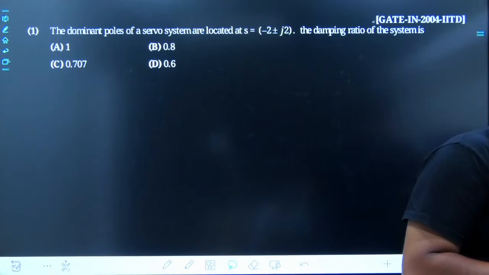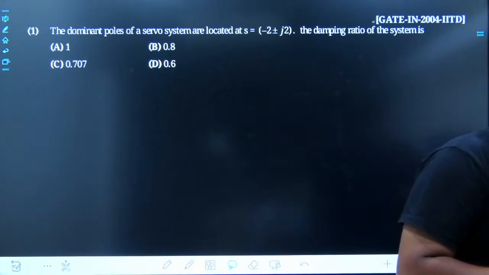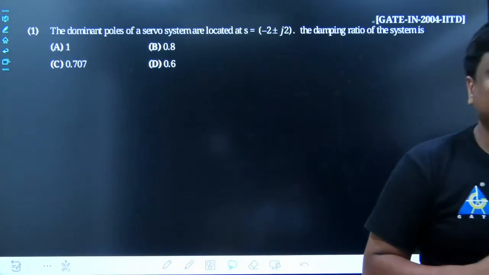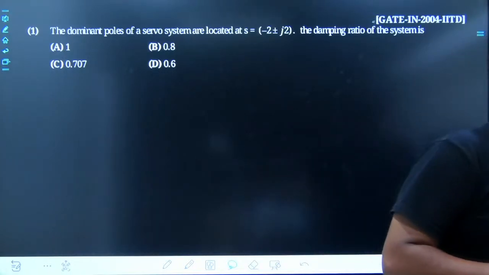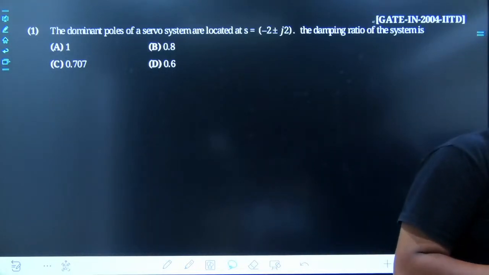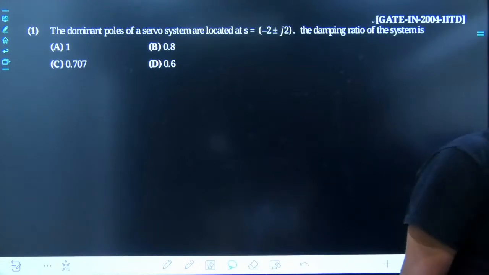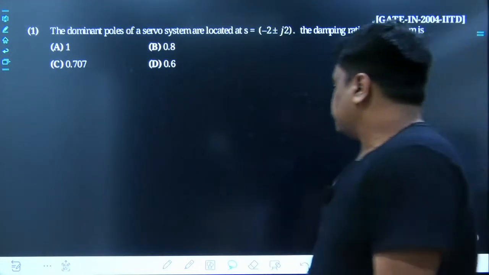As per him, the answer had been 0.707. Anyone else apart from Jayanta? As per Amit, the answer had been C. Again, Amit has been endorsing the same answer, and that had been 0.707. Divya P is also saying the answer would be 0.707.